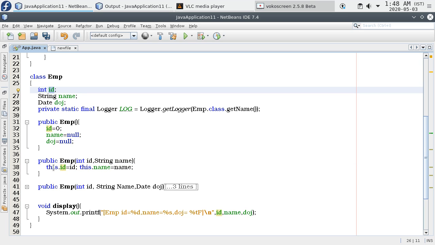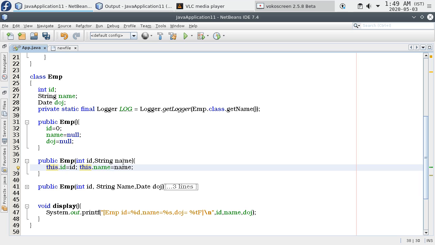In that case, we need to use this keyword here, this with the dot. That means here we are accessing employee class instance field. Here the id simply means this is a formal parameter we are using here. We are assigning formal parameter value to class instance field here. In this case only we will use this keyword.